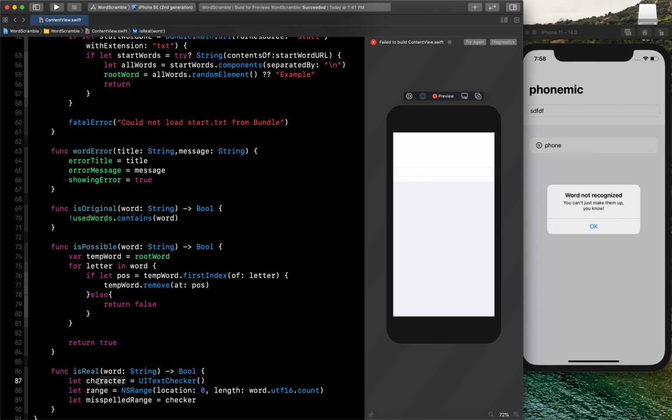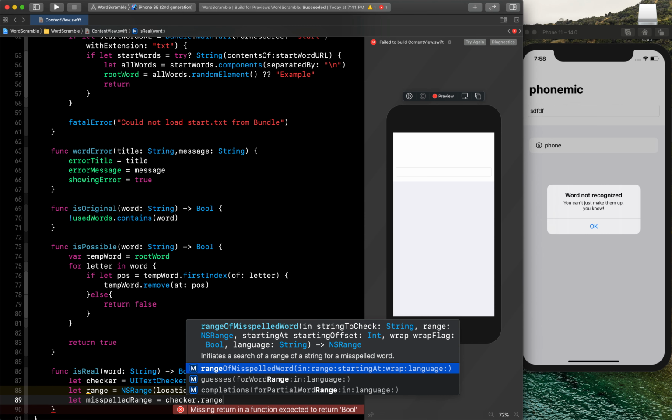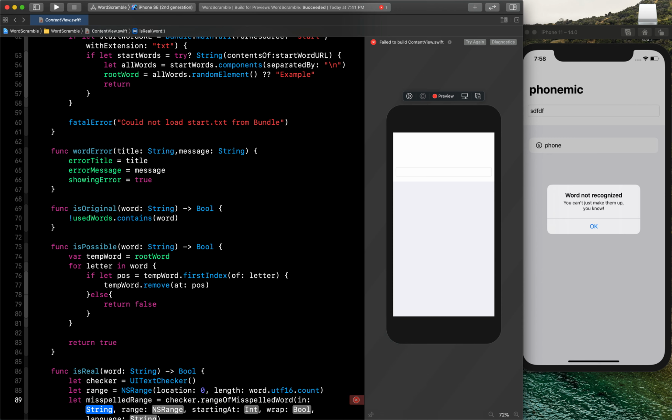Oh, and let me just rename this to checker. checker.rangeOfMisspelledWord, I have to use, and that I have to use in word, and this first completion I will use.